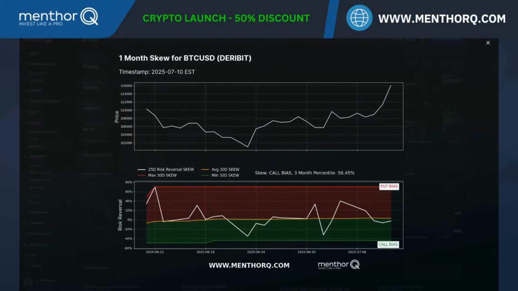You can also take the volatility smile. But what do we see here? We see that we had a rip lately here, and we see how price flew. And when did price go up?